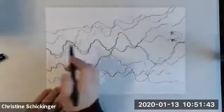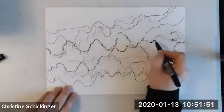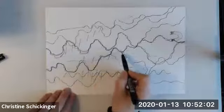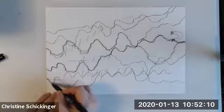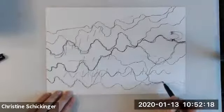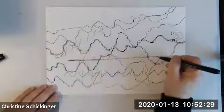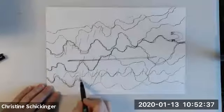And if you look at those lines, I would ask you, what does this remind you of? What do you think about if you look at those lines? It might be mountains, it might be a river seen from above, or it might be waves coming into the shore. So when you start looking into nature and watch out for those neurographic lines, you will see that nature is offering a lot of them, because in nature we hardly find very smooth lines or very clear lines. We mostly find those non-repetitive, spontaneous